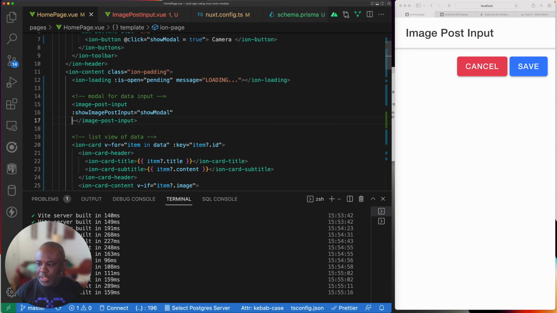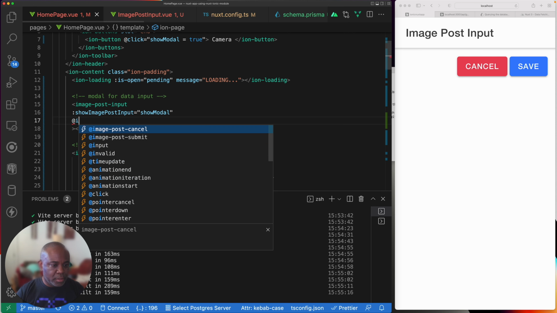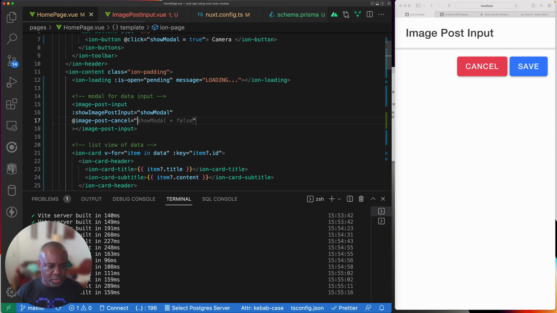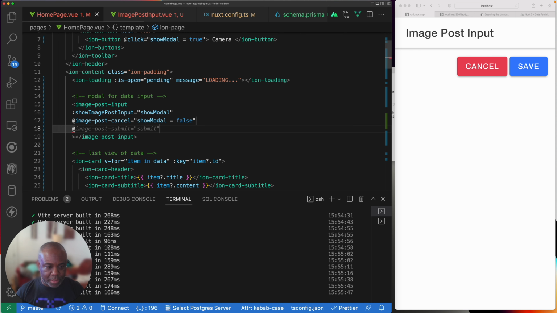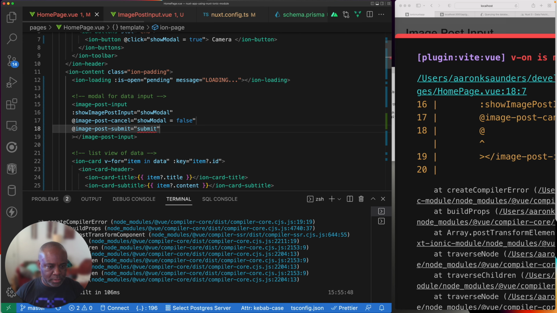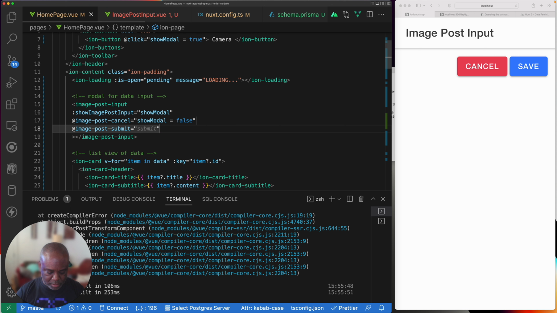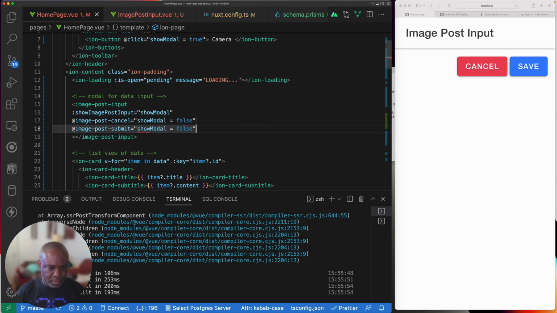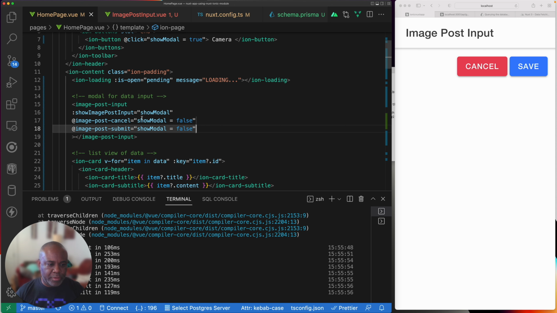And so here we need to handle that image post cancel event. What we'll do is say image post cancel. Since we're not doing anything else, all we really need to do is set show modal to false. And for save, we'll do the same thing for now. So in both of these scenarios, all we're doing is setting show modal to false, which will close